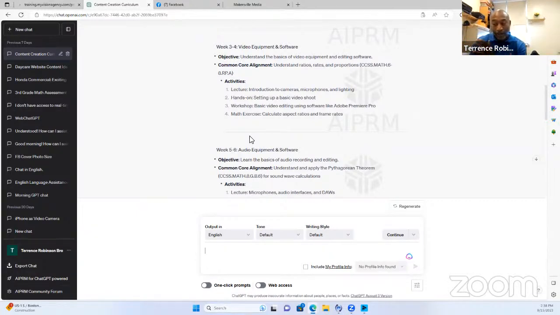So now I'm about to build a whole after school program using ChatGPT, teaching kids how to create content, because we have this video equipment and all this stuff inside the building, and it's in a storage room. Nobody uses it. So I said, hey, let's do an after school program on content creation. They're all on their phones anyway, but they're like, oh yeah, but it has to be standard based. Like that's going to be too difficult. I'd be overshooting myself if I said 10 minutes. I got all this in 5 minutes. So this is mind blowing.